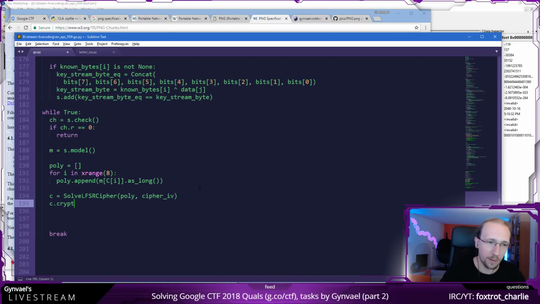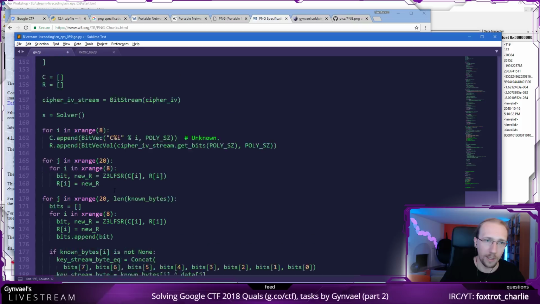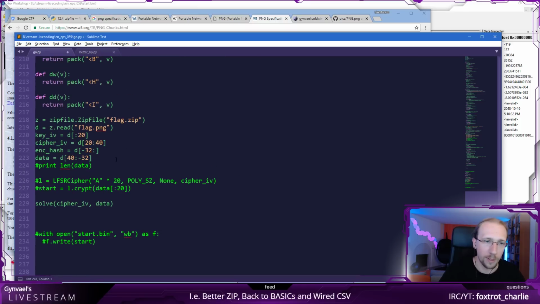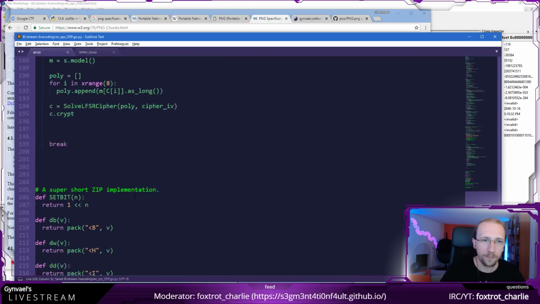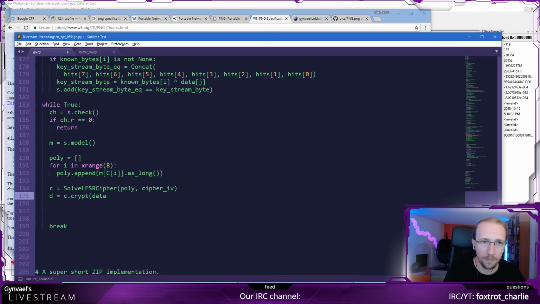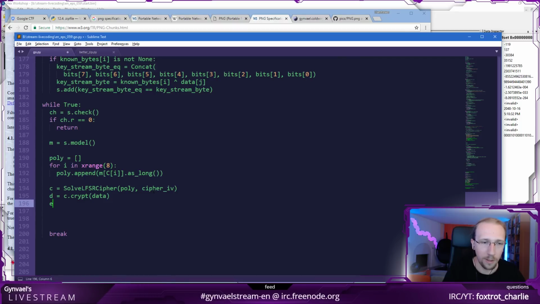And then we can call the C crypt on data, but we are not getting the data. Or are we getting? Yeah, we are getting the data. We are not getting the encrypted hash, and we do need to get the encrypted hash as well. Oh, encrypted hash. And we crypt the data. Then we crypt the hash, encrypted hash.